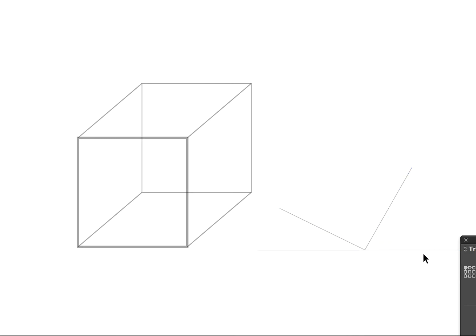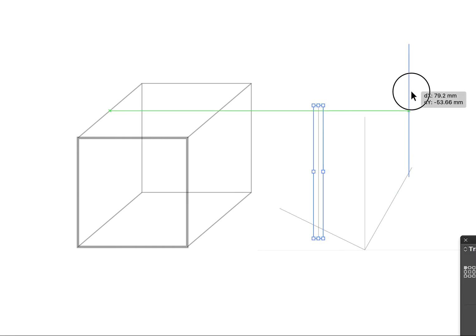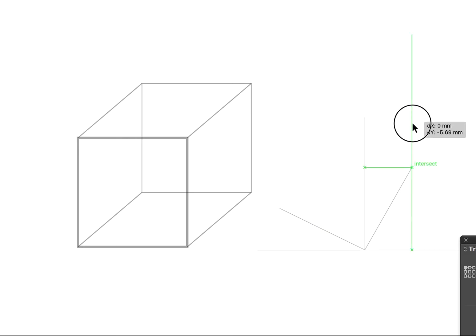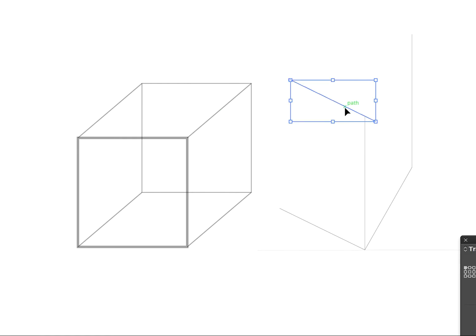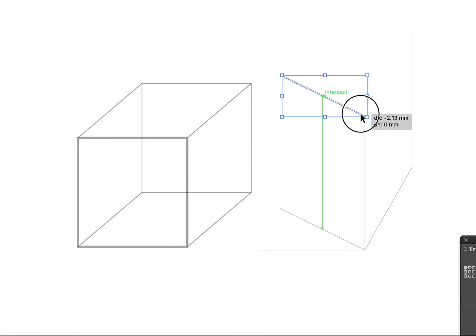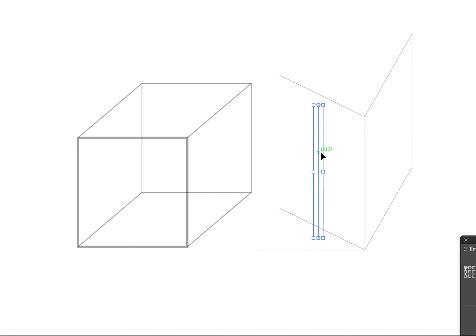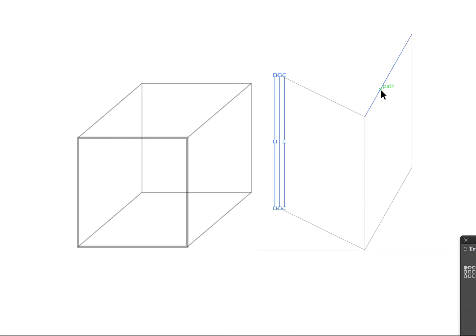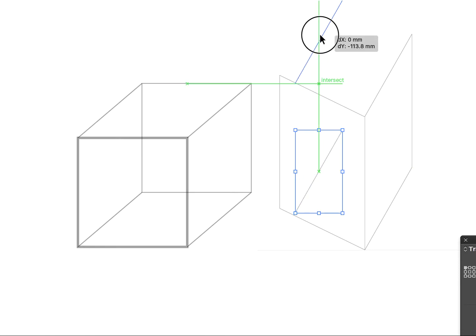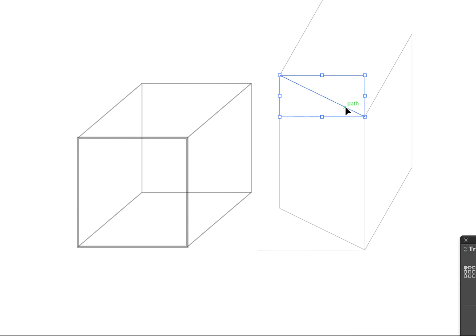This is 30, this is 60, so this is 180. If we now use these angles to construct an upright, and I copy and paste that, I copy and paste this line, copy and paste this line, copy and paste this one, and this, and this again,